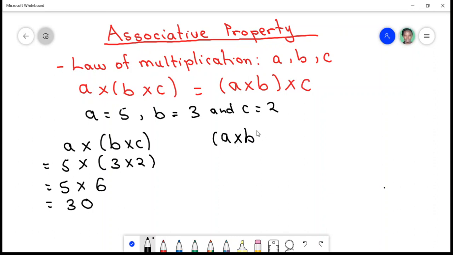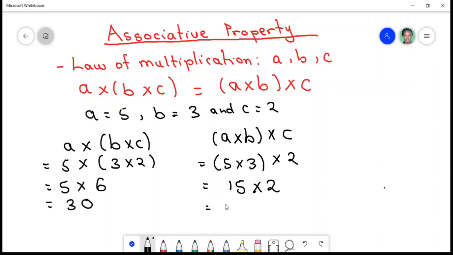Let's look at the right hand side where I have A times B first. I group that first, then multiply by C. So what do I have? 5 times 3 times 2. So 5 times 3 is 15, times 2. Good. If I multiply 15 times 2, I have 30. So what do you realize? You realize that the left hand side is equal to our right hand side. So therefore we can say that